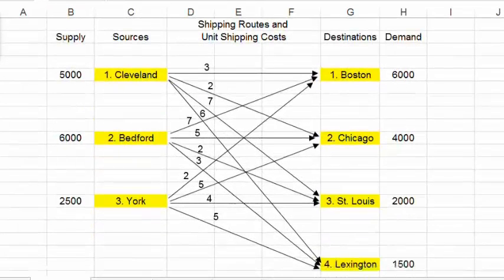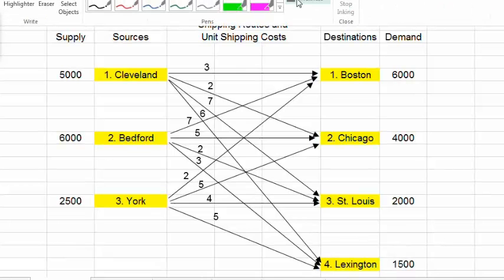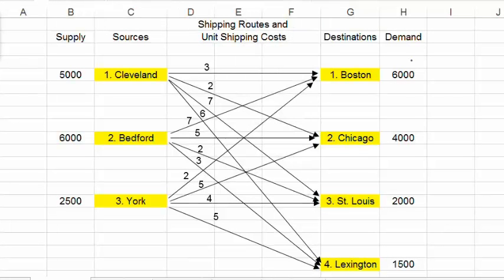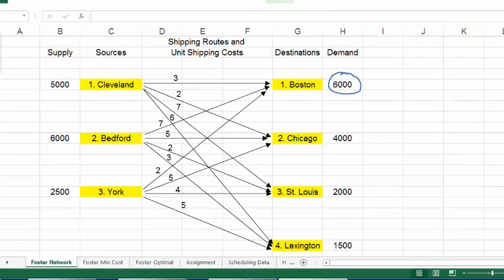Let's take a look at just Boston. Let's say we are worried about satisfying this demand, 6,000. Boston needs to get 6,000. If we're just worried about this, and we ask from where should Boston receive the 6,000 to minimize the total cost of shipping, we will look at these 3 plants, Cleveland, Bedford, and York, and then see how many they have, and then decide how many to send from